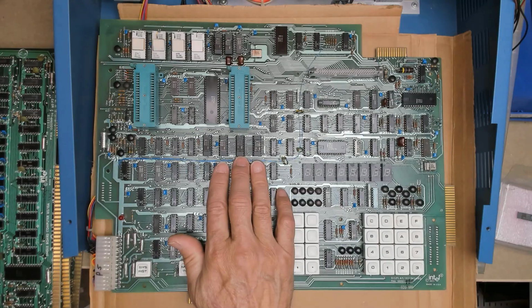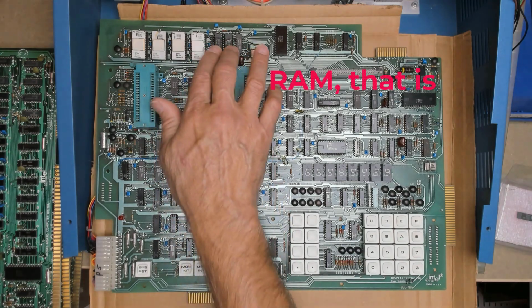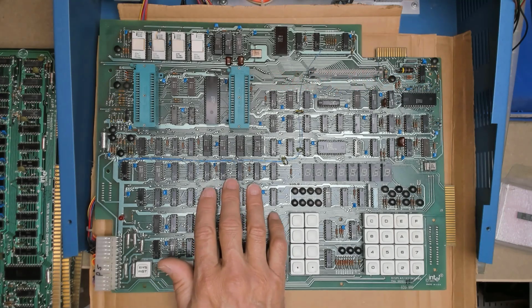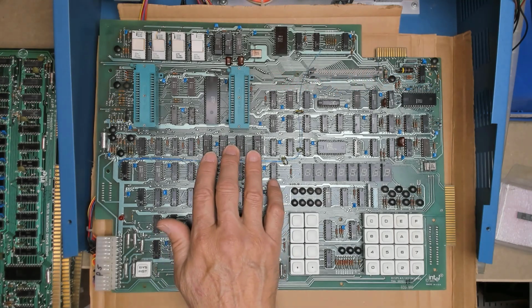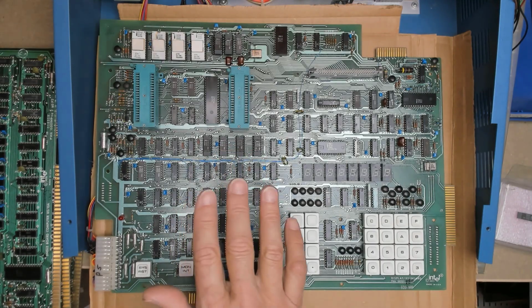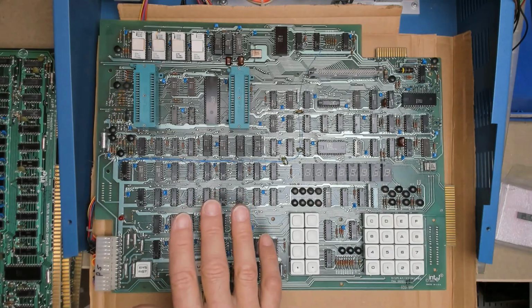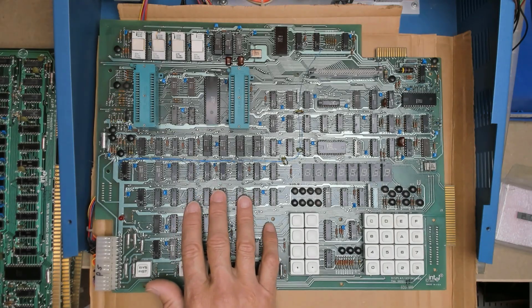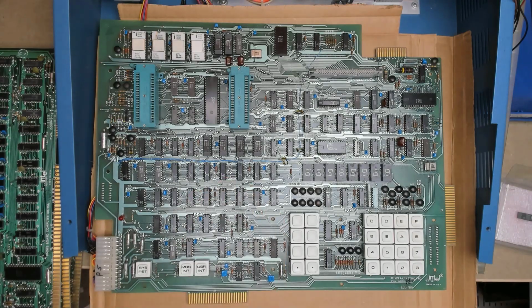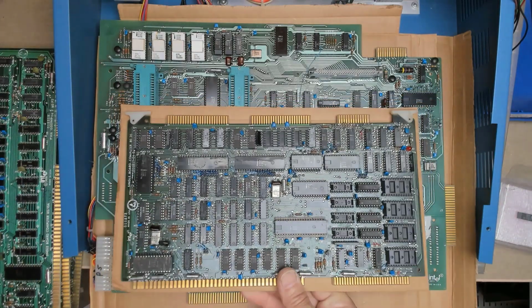This board has 4 memory chips here and 2 memory chips up there. And it's extremely unique in that these memory chips, made by Intel, are only found in 2 products in the world. So Intel made this memory chip and shipped it in these 2 products. It was only used in-house. One product it was used in was this Prompt 48, and the other product it was used in is this